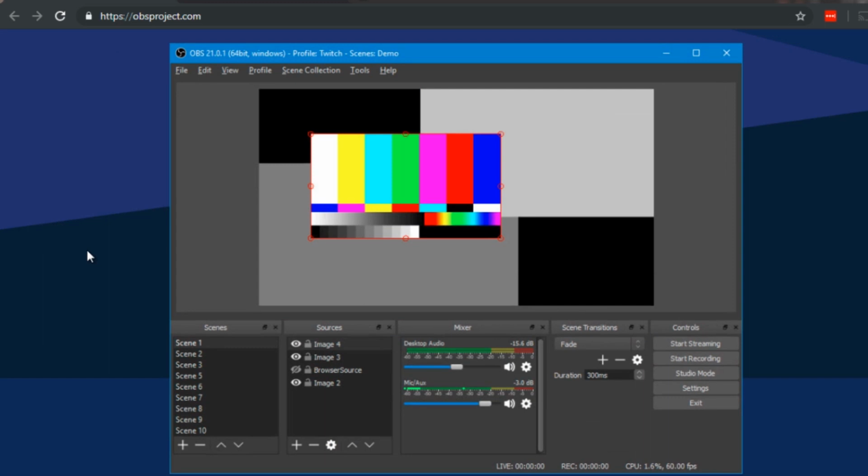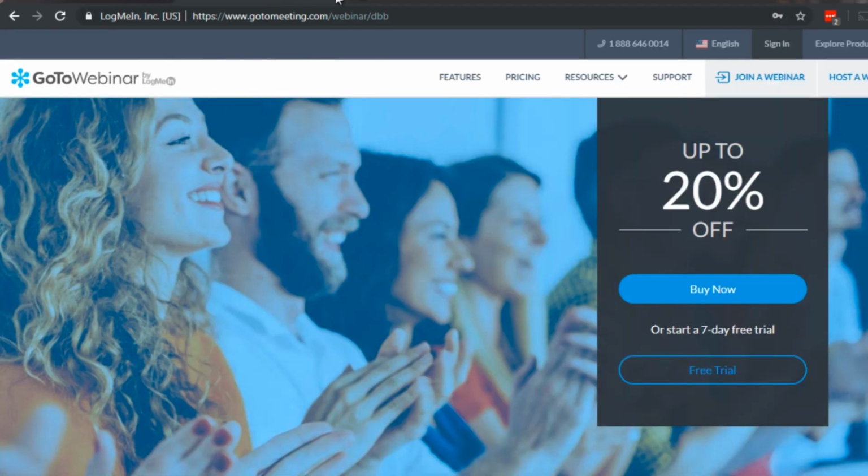Now, like I said, the tip is when outranking your competitors to have longer views. This is good for kind of a face-to-face talking head type long video. Now, if you want to use a camera, you can do that. If you want to do something like screen capture, meaning you're going to show your screen, then you're going to want to use something like GoToWebinar. And you can go to